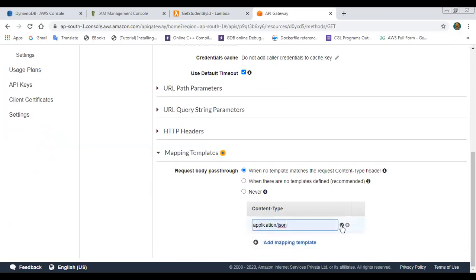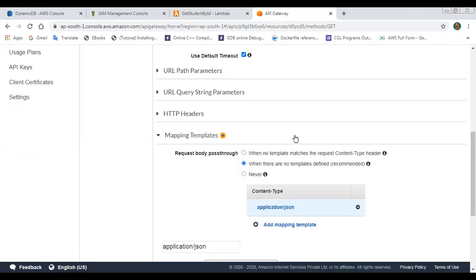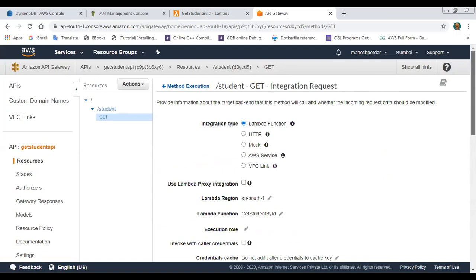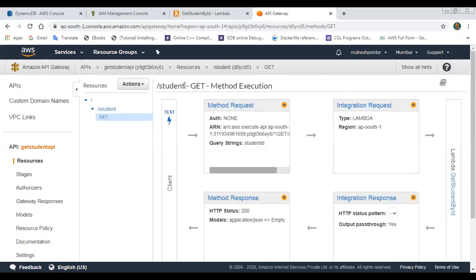Application/JSON is the formatter used for retrieving the data from the database. It will ask you to change the pass-through behavior. Yes, secure this integration. So I'm giving the permission. See here the two settings: method request is over, integration request is over.